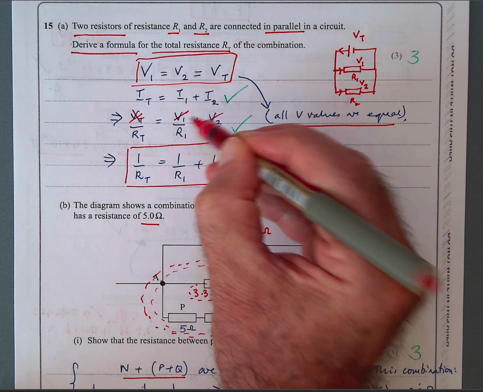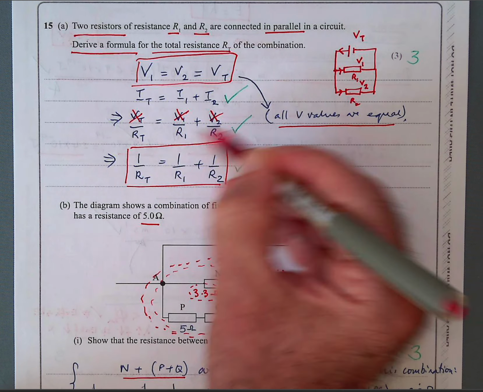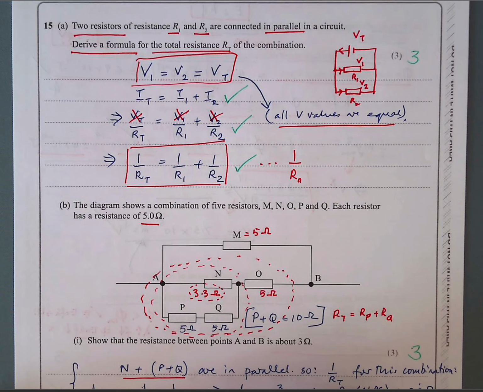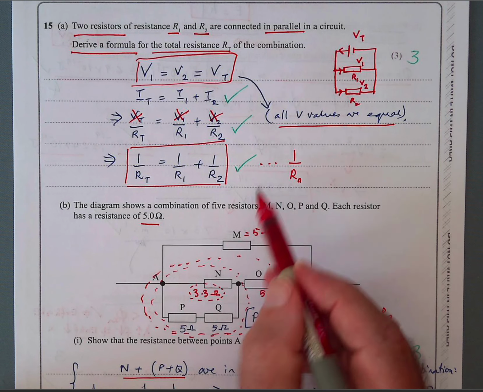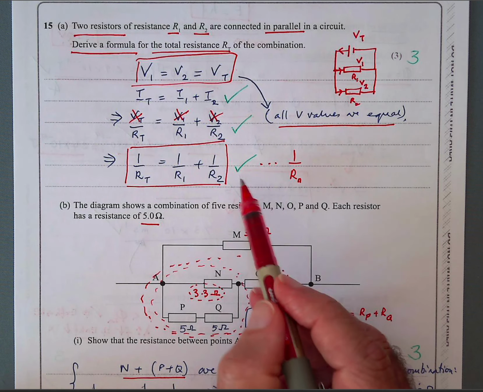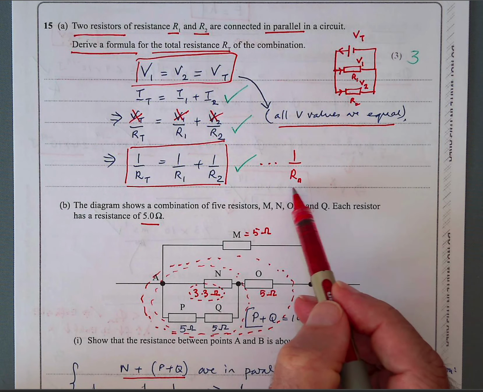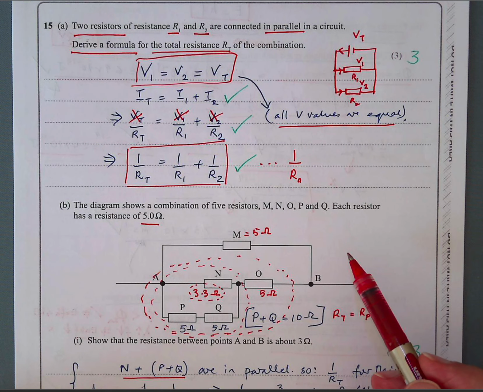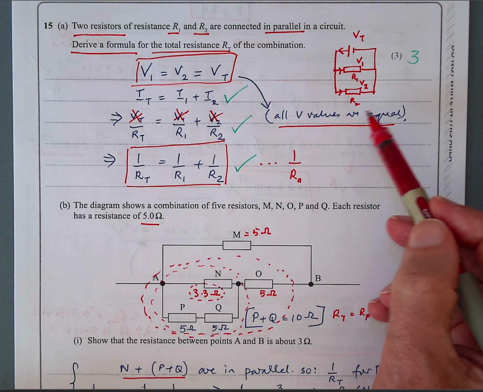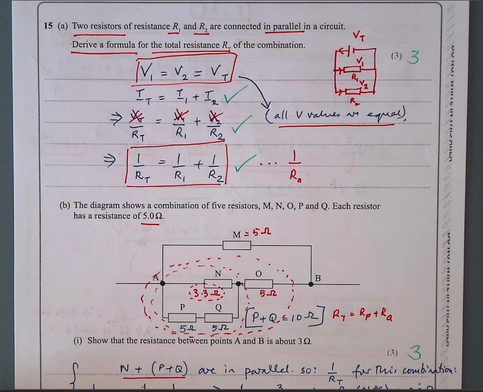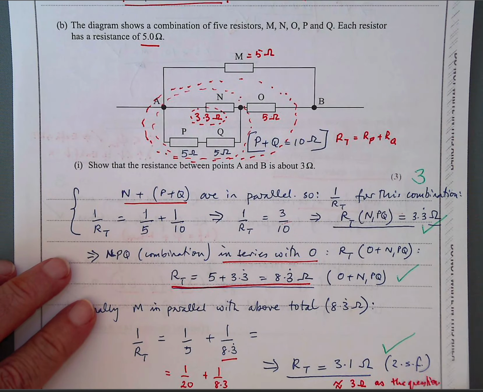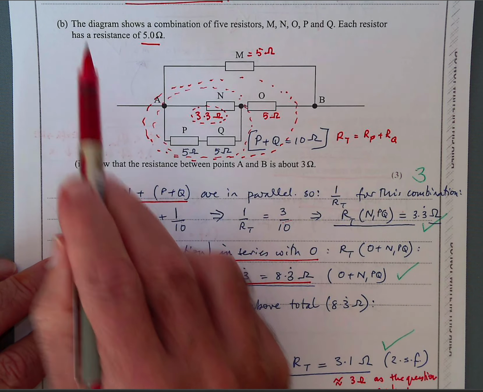So therefore, you're removing the voltage from the top of the equation. So you're dividing everything by V. It becomes 1 over RT equals 1 over R1 plus 1 over R2, as you know. So this is how you derive it. And you could do this for any number of resistors, so it would be true. So any resistor you add into the path will decrease the total resistance because it's 1 over. Okay? So we'll go into that part of this concept in the second question,